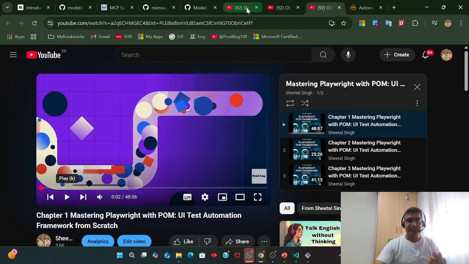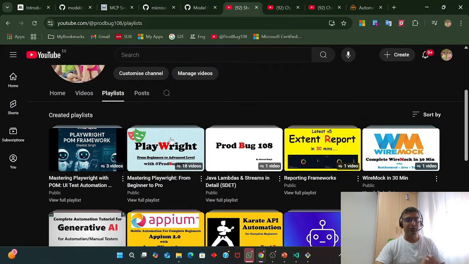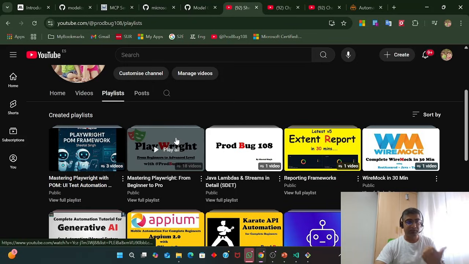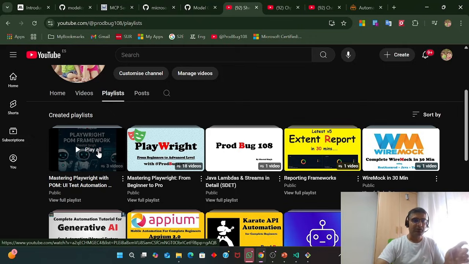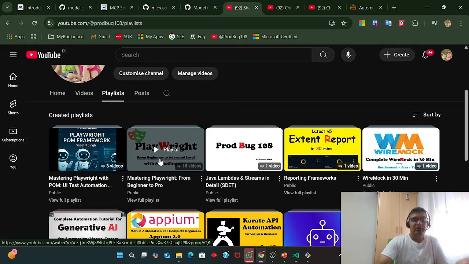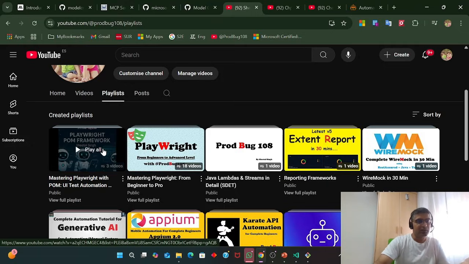The second one is the framework. Some people say, we know Playwright, but can you come up with a framework? So in these three chapters I created the page object model in Playwright. If you are already aware of Playwright, you can check this series, because it talks about how to use the page object model with Playwright to create your own frameworks.